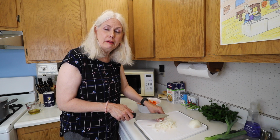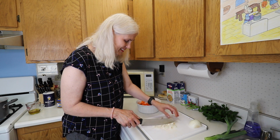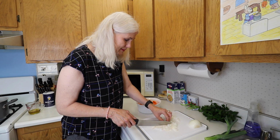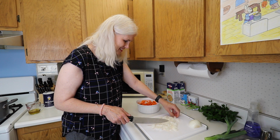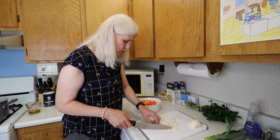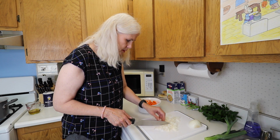This one's making me tear up a little bit, making it hard to see what I'm doing. On that last cut, I'm like, ooh, all right, let's make sure I get just all onion and not my fingers. Oh, it's been a while since I've had such a potent onion. I mean, usually they're a little bit, but